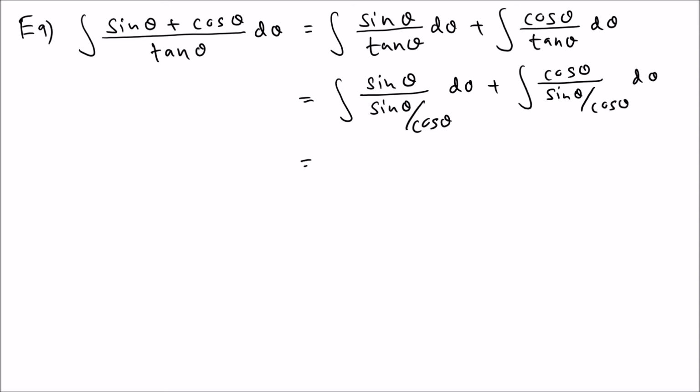And you can see the second term is the one we did before, so we know how to do that. Here, the sine gets cancelled and the cosine goes to the top. So this is simply cosine theta d theta, plus